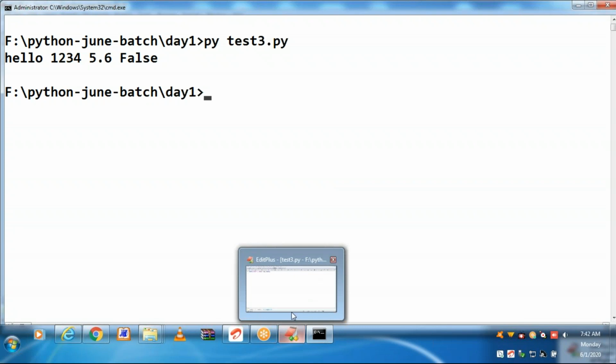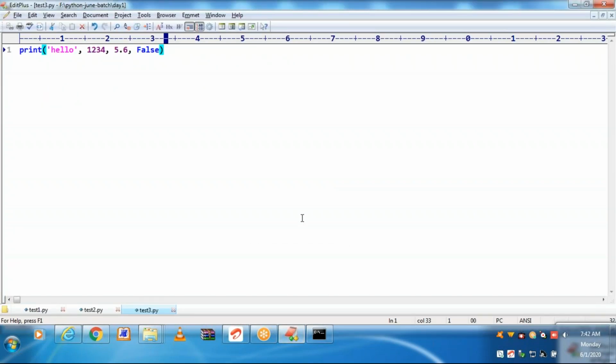For a single print, you can supply any number of arguments, any data type as well. Print is taking any number of arguments, any type of arguments.